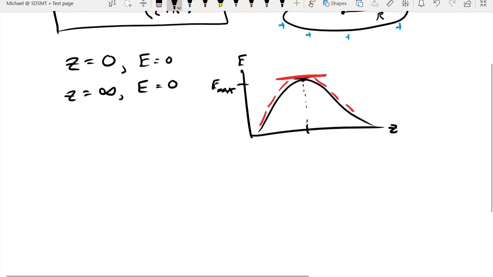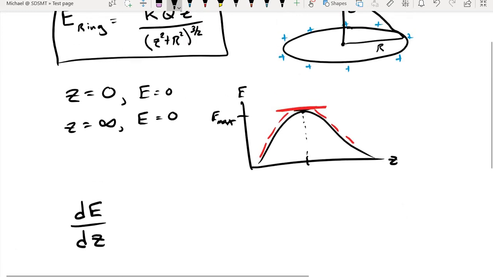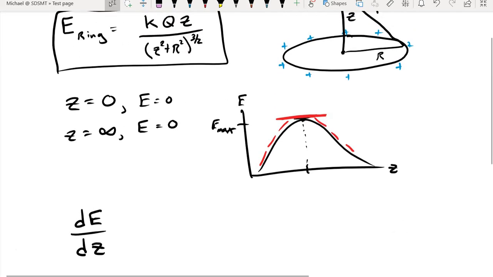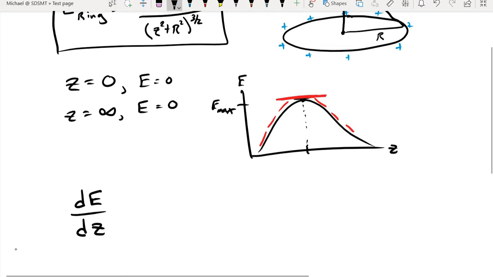And in finding the slope of any function, what we have to do is take a derivative. And in this case, we're going to be taking the derivative of our newly derived electric field function with respect to z, and then we will set that equal to 0